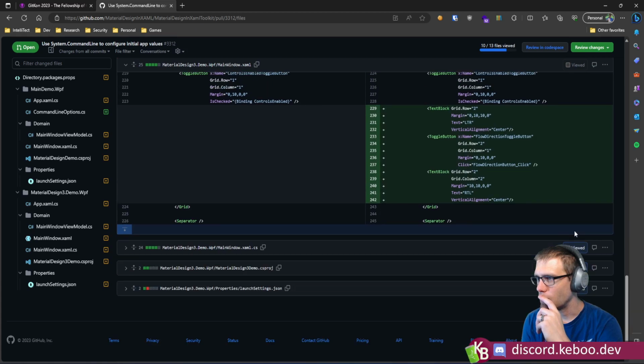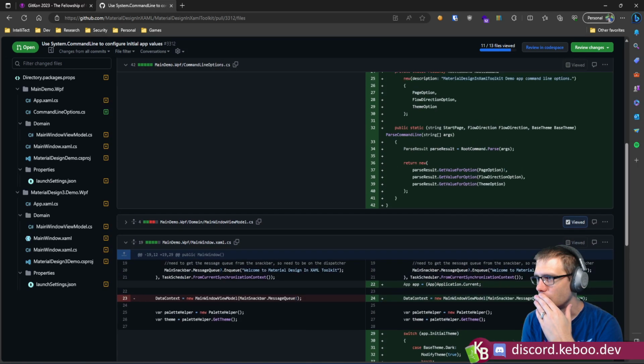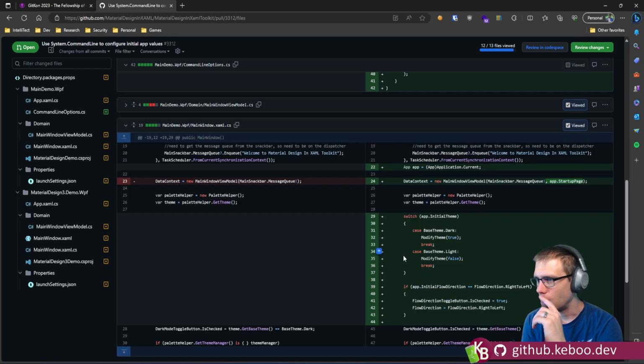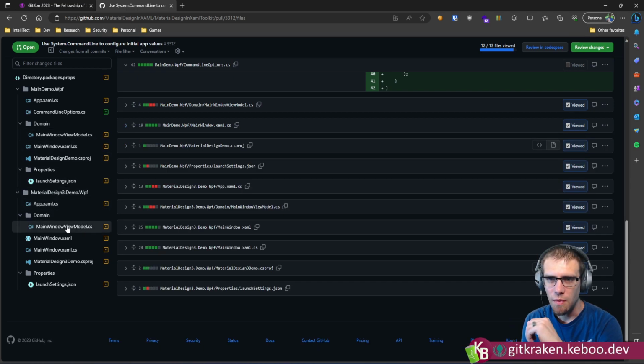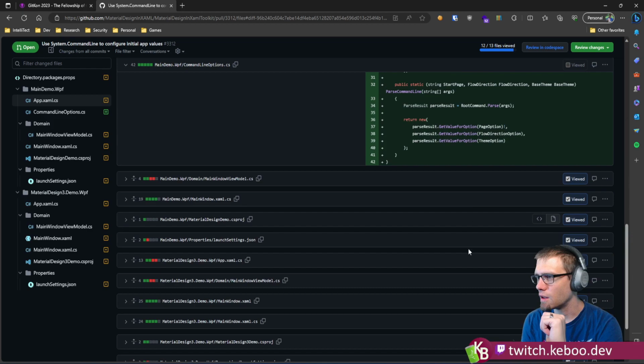Just trying to look and see where that extra nullable is. I don't see a code path. Let's see here real quick. I want to check main demo. That's fine. Where's app.xaml on main demo? Because there's app.xaml there. App.xaml here. Yeah, these are both coming through as nullable strings. So I think then the only thing left